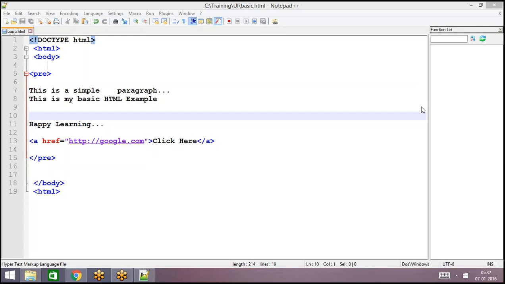But I need to plan one more slot for that, not in this slot. And we'll discuss the timings about that. Because you already told that you are already aware of HTML and CSS, right? Yeah, we are already aware of that. So if everybody is aware of that, we can start with JavaScript.